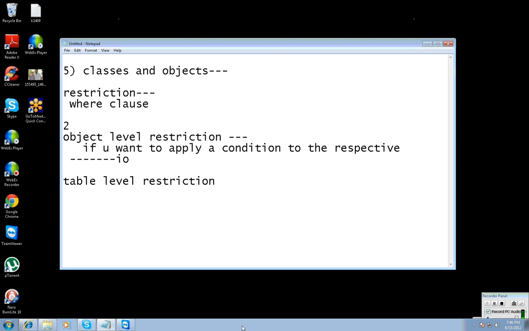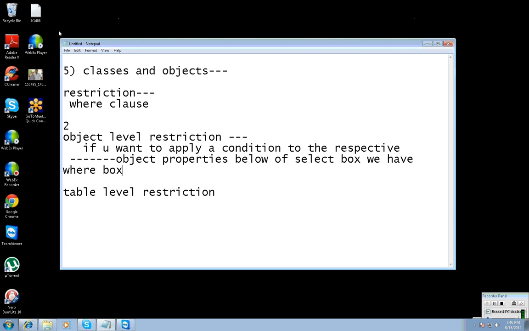How to apply it: in the object properties window, below the select box, we have the where box. There I can apply the restriction. If I want to use the where box or where condition, what are the requirements?